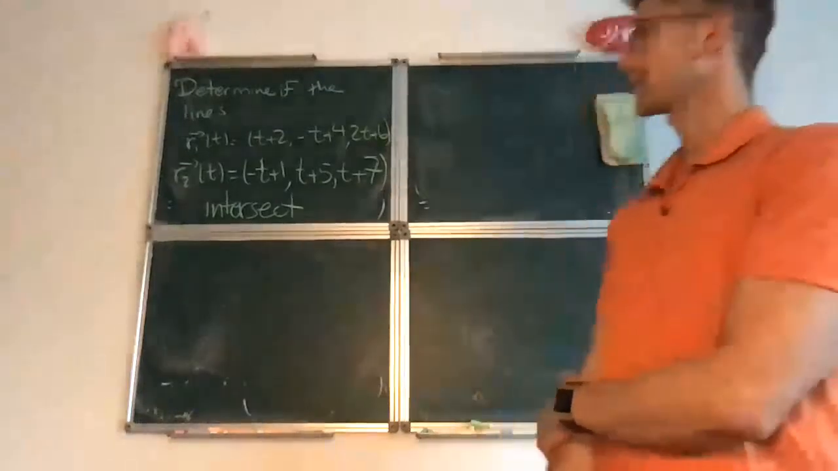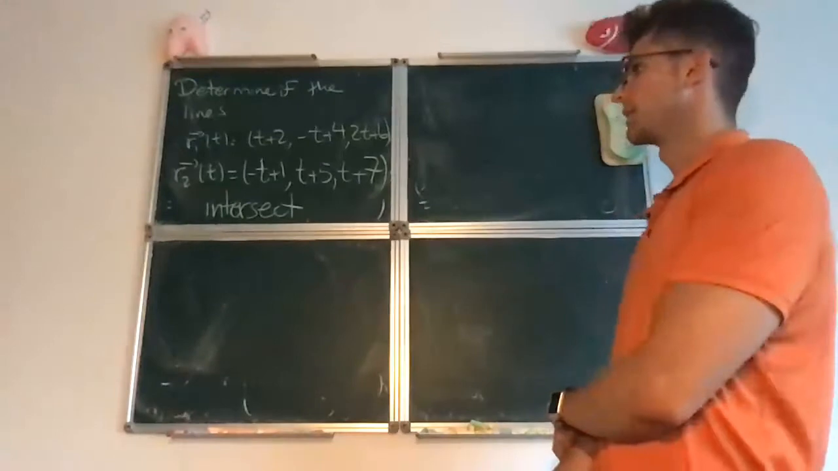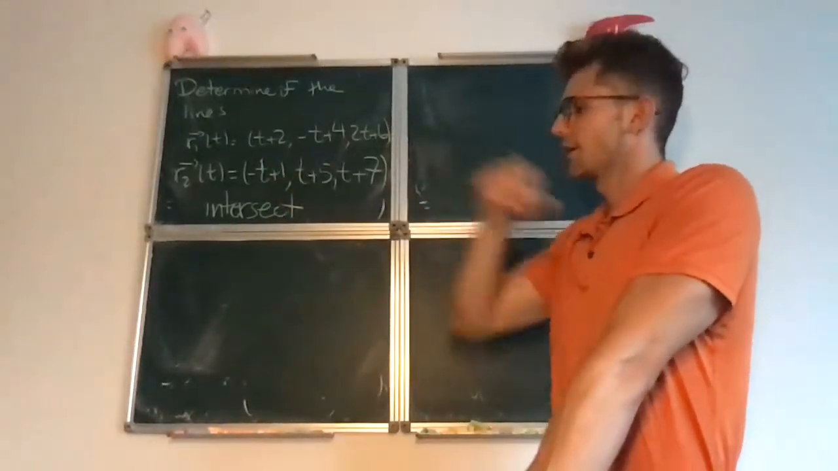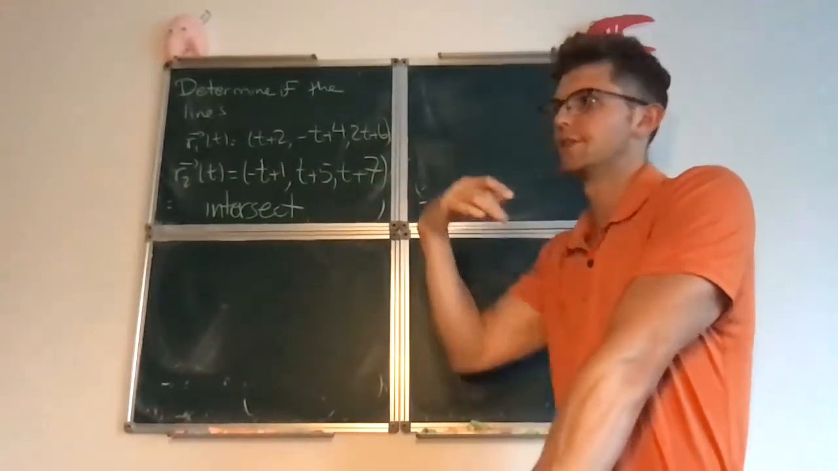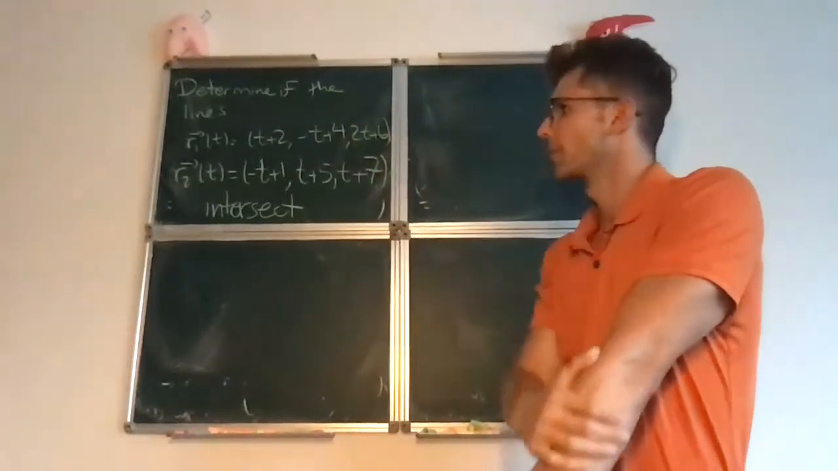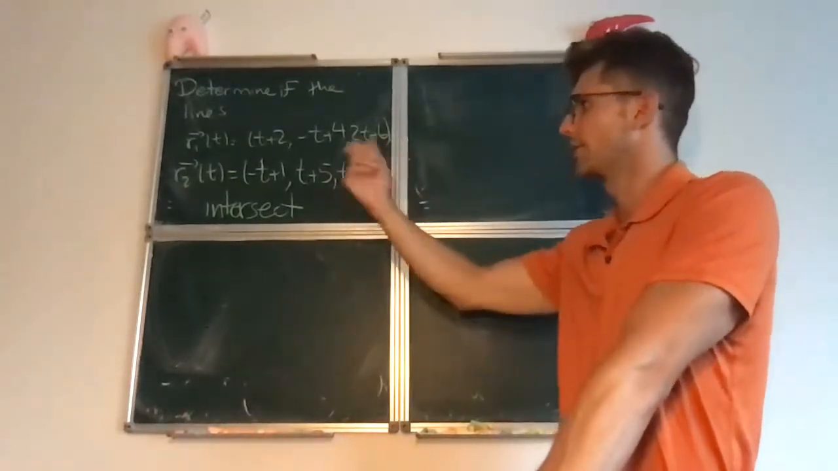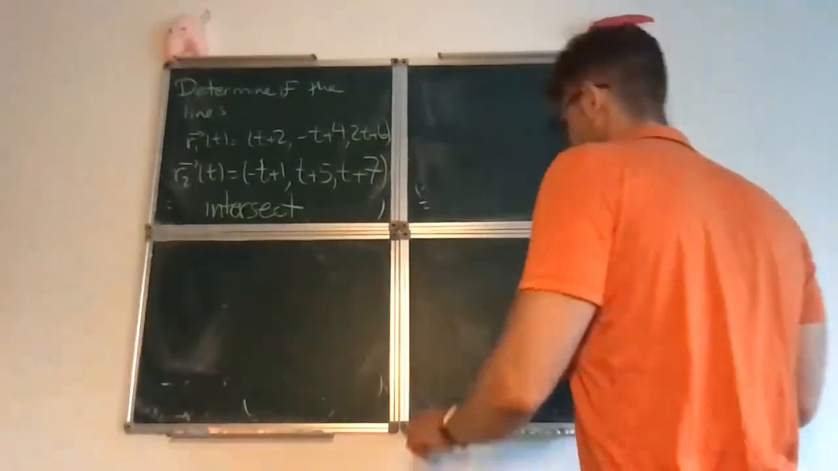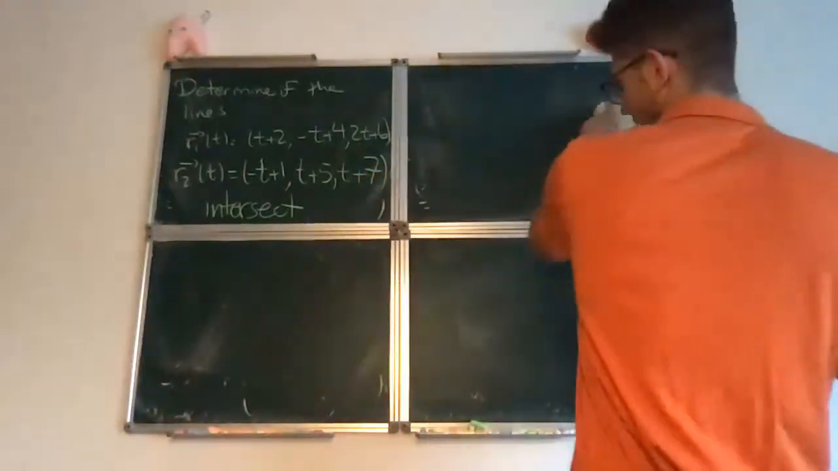Okay, let me explain now a problem about intersecting lines. So I give you the equation of two lines. Again, you can give the equation of a line in terms of this vector format. So they are given in terms of t, and I want to know whether or not they intersect. So what you should have in mind is that